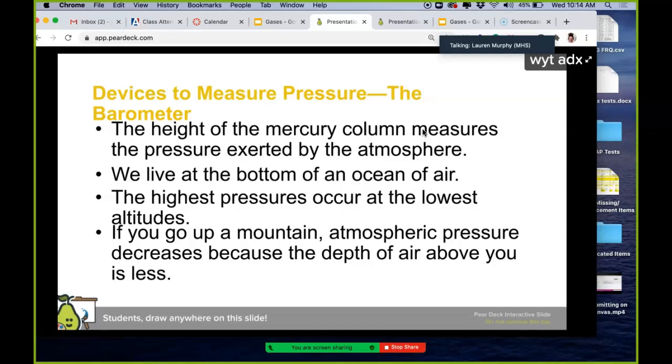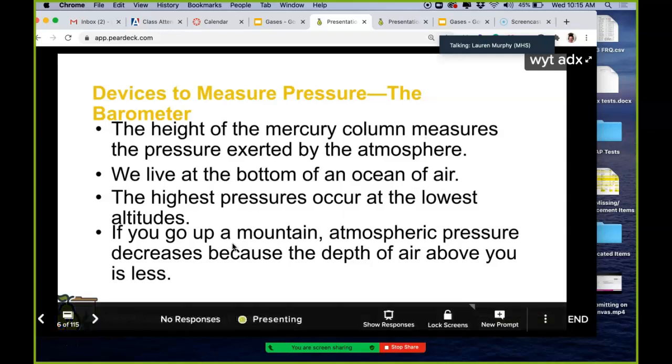Now, if you go down into the ocean, deep sea diving, not only do you have air pushing down on you, but now you have water pushing down on you. So the further down you go towards the Earth core, the more pressure you receive, which is why you have to wear a scuba suit. If you didn't, the pressure would be too much and it would crush you and kill you. So this is a concept to help visualize the idea of pressure, high pressure and